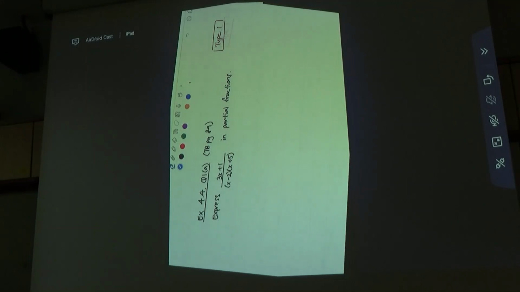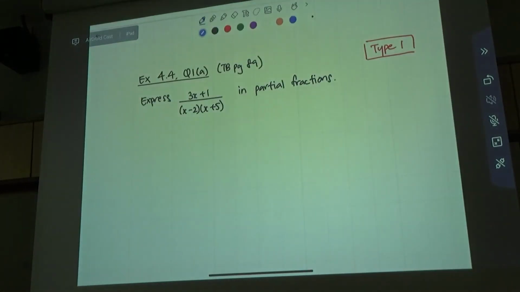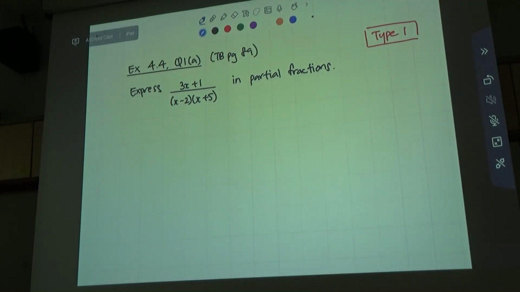This is considered type 1. Okay, ready? Shall we start? Express 3x plus 1 over x minus 2 times x plus 5 in partial fractions. The first step that we always have to do is to check whether it is proper or improper. But I'm telling you now that the questions we're going to start off with are all proper. So I'm just going to write down in red the steps that you usually need to go through. I'll go at step 0, that we need to check